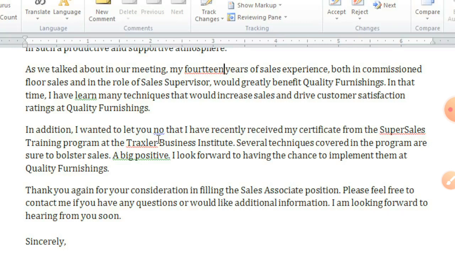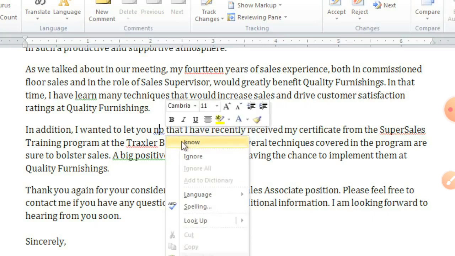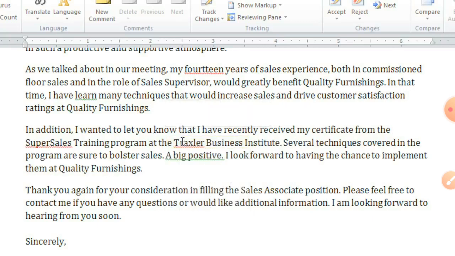Okay, as I told you, what are the meanings of these wavy lines. First of all, if you want to correct manually, you can right click on these wrong or error words. As you right click, it should be no, not no, KNOW.